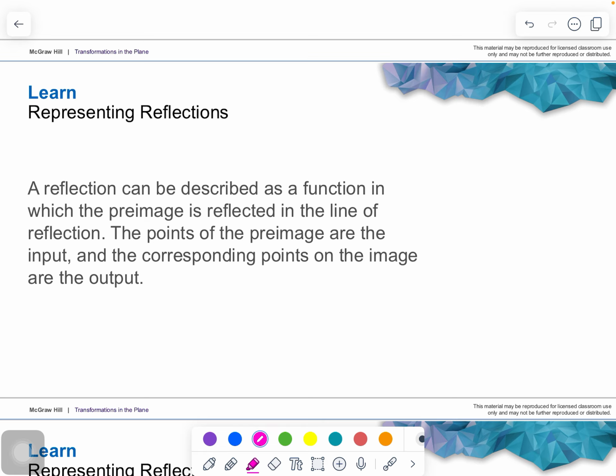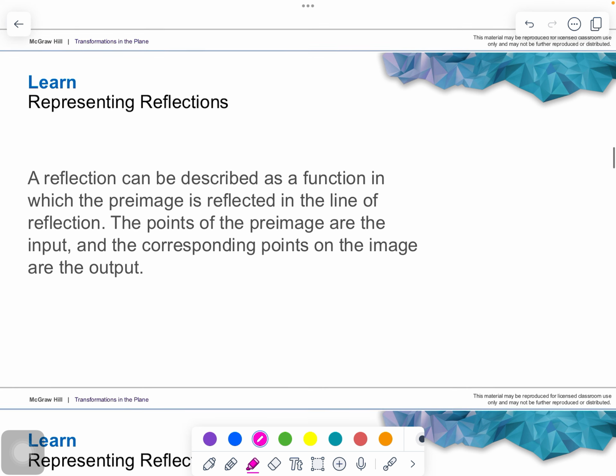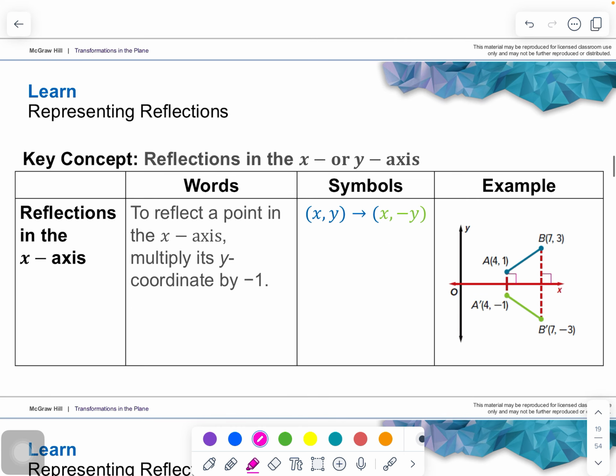Okay, and a reflection can be described as a function in which the pre-image is reflected in the line of reflection. The points of the pre-image are the input, and the corresponding points in the image are the output. This is kind of an algebra description. Okay, inputs and outputs, and how they look at that is right here. And we'll look at the math with that, okay? So if we reflect